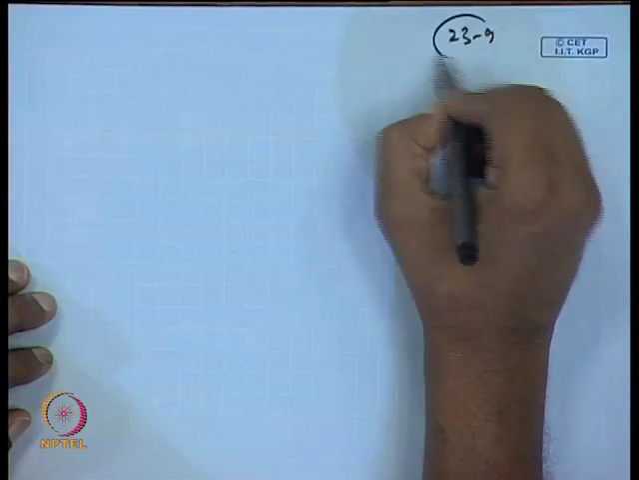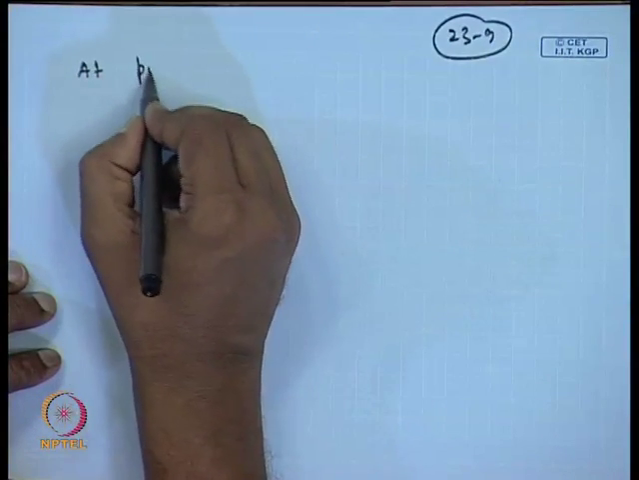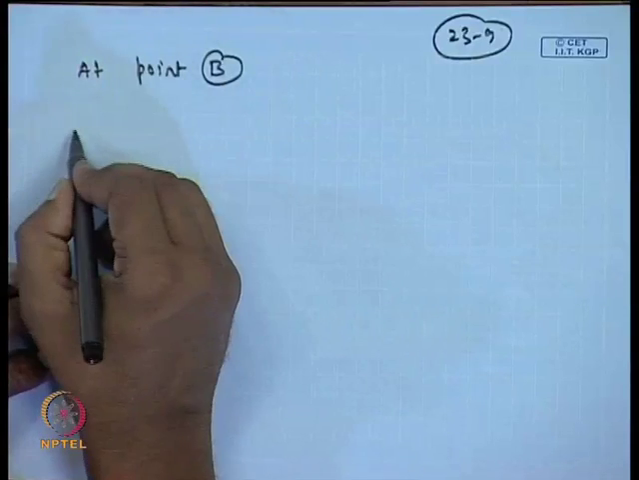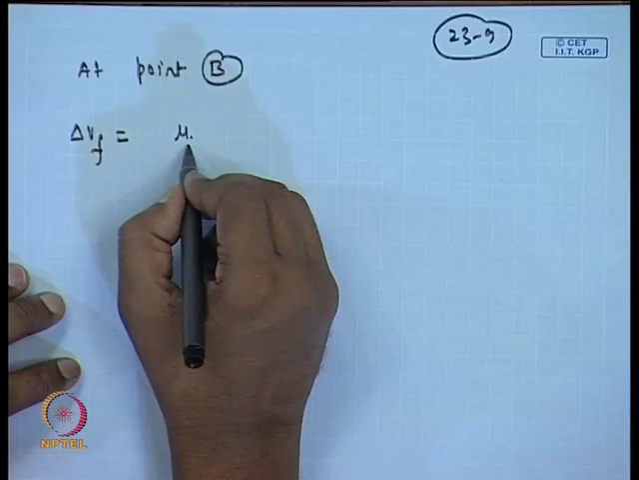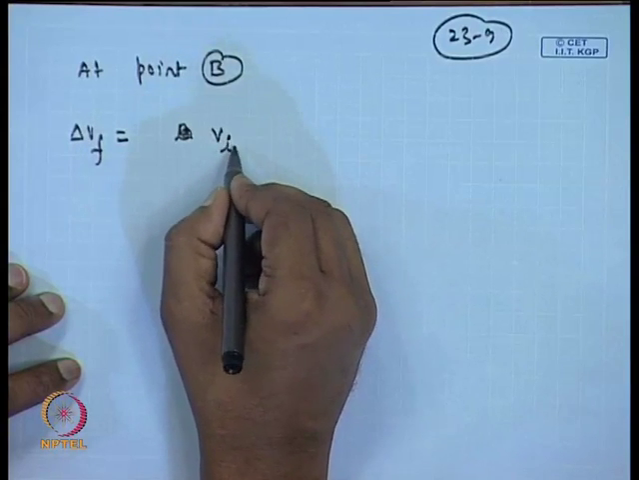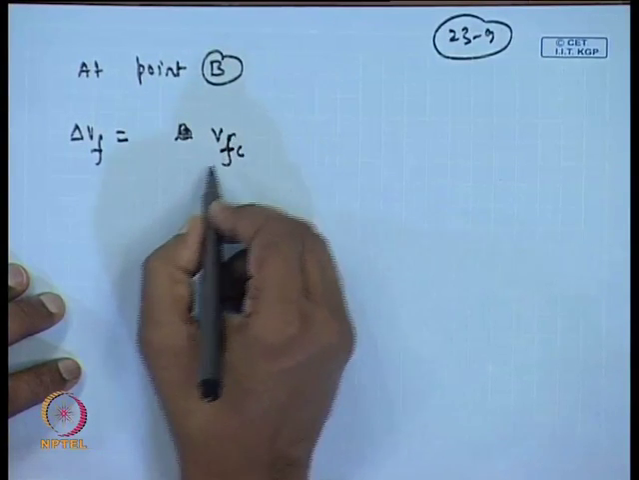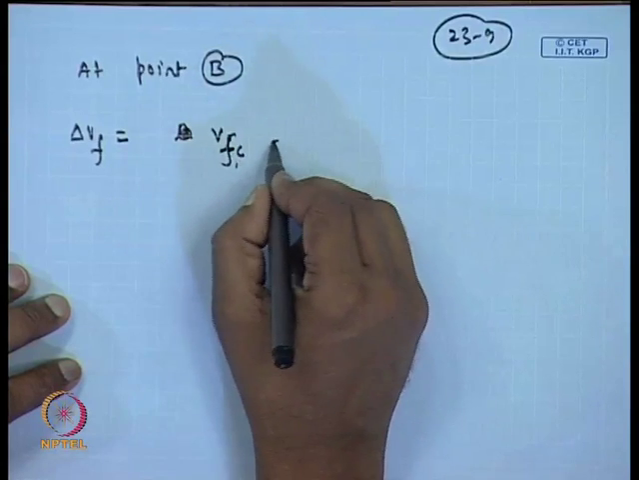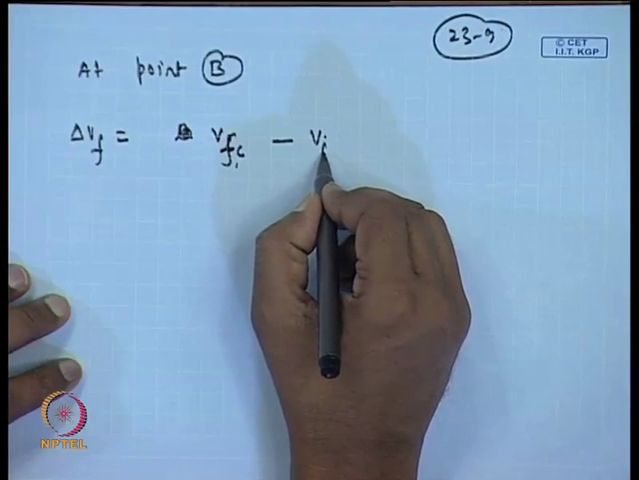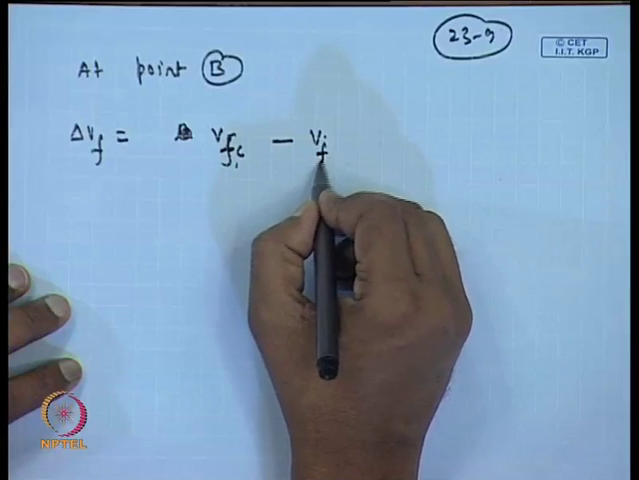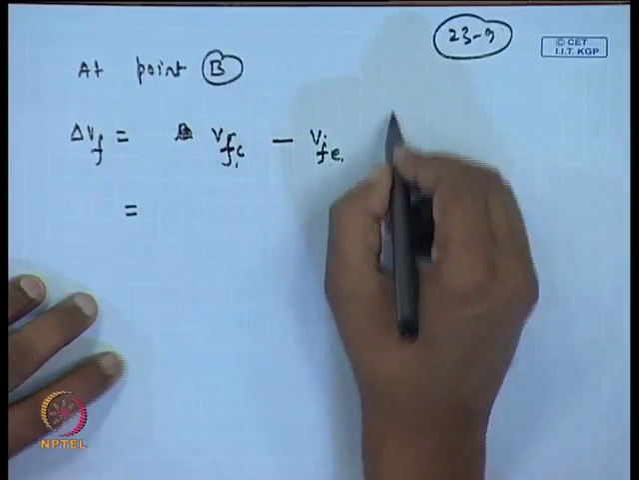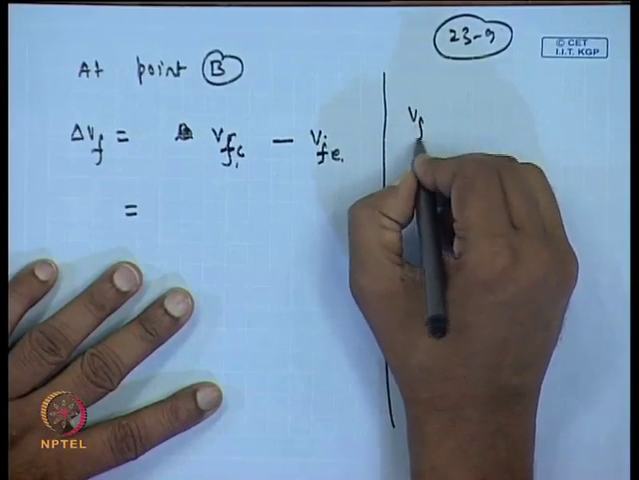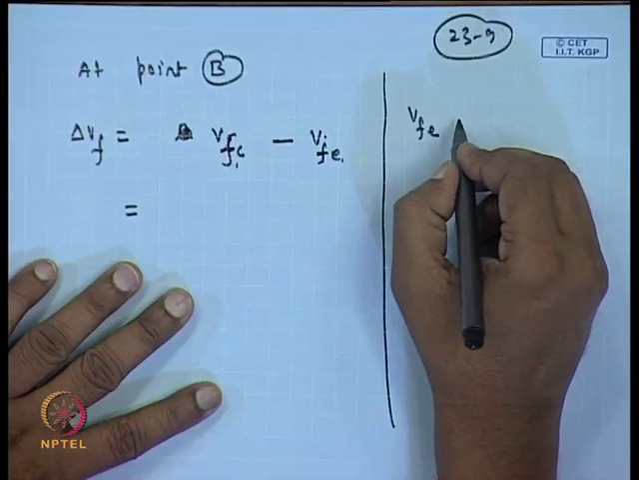Similarly, at point B, we can write delta V f equal to V f c, this is the velocity in the final circular orbit, minus V f e, at the final point in the elliptical orbit. And again, V f e we can evaluate here. So, V f e is nothing but